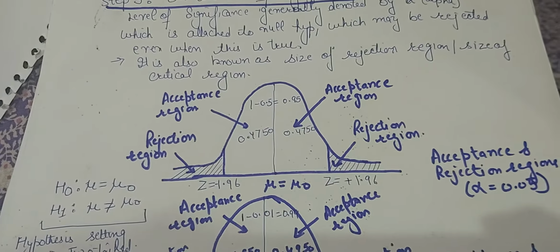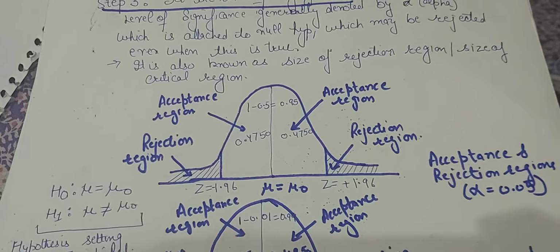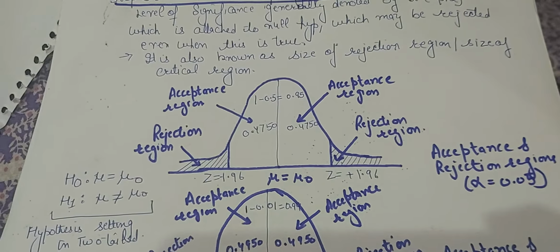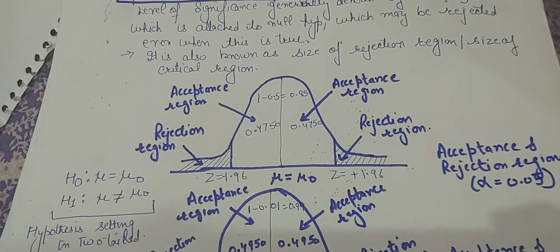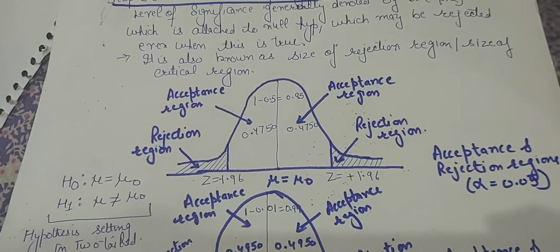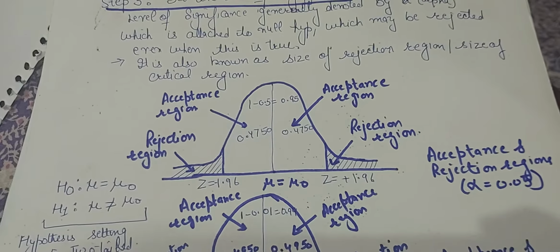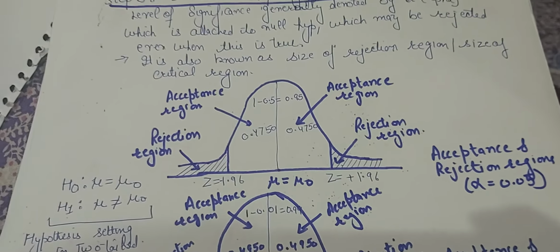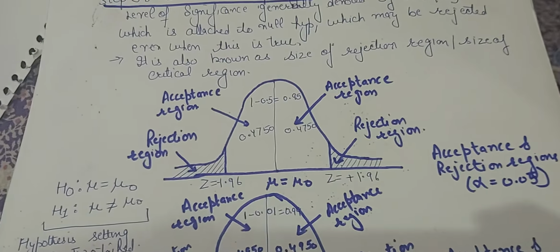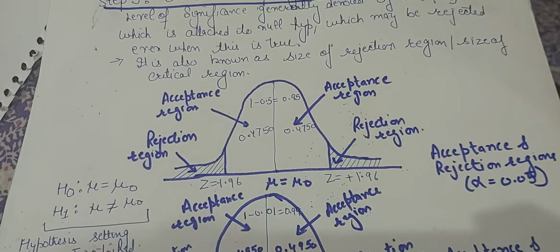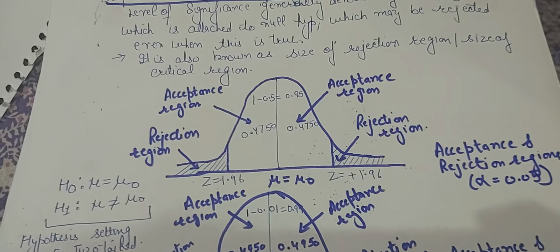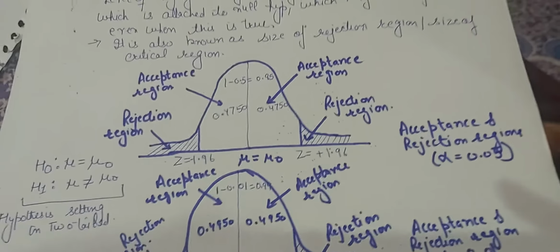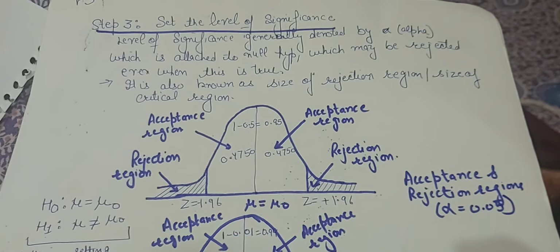The z value on the left hand side is minus 1.96, and on the right side it's plus 1.96. So from where have we taken these values? We have taken the z values from the normal distribution table. You can also check one value, 0.475 on both sides, right? And above it is written 1 minus 0.05 is equal to 0.95. So here we are taking 0.95, meaning